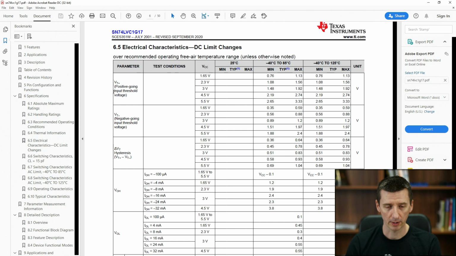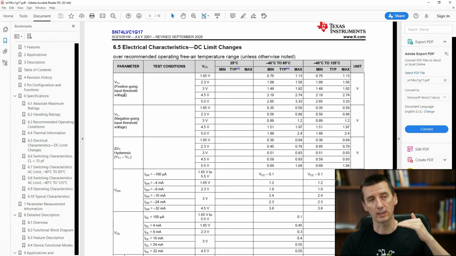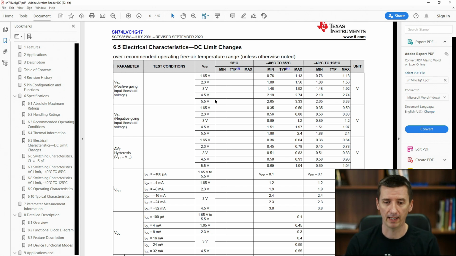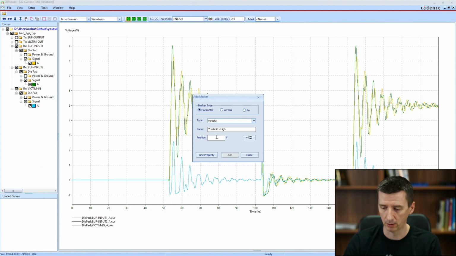The positive going input threshold voltage means that when the voltage increases above this value, the buffer will register the input signal as high. And for a 5-volt buffer, the value is somewhere between 2.19 and 2.65 volt. Let's use 2.19. So I'm going back to our graph and I will put here 2.19.